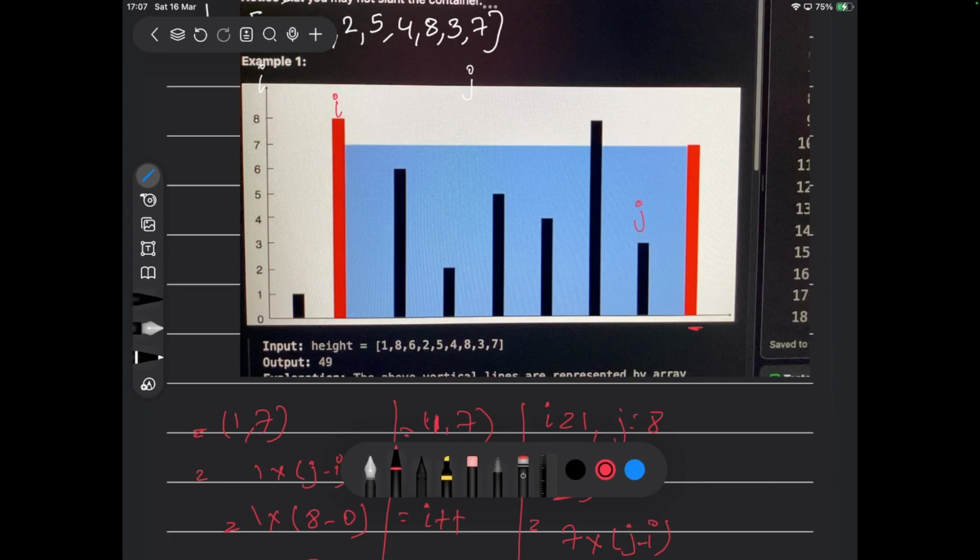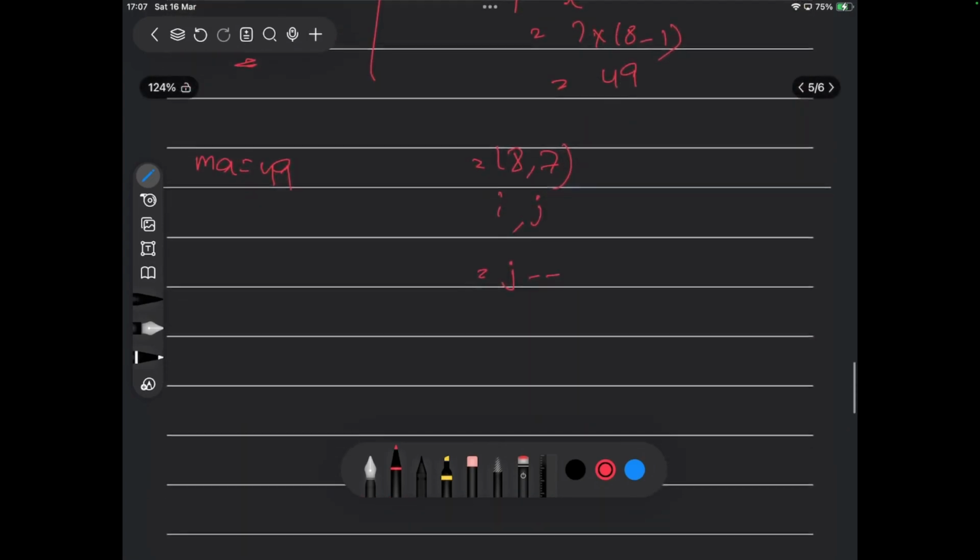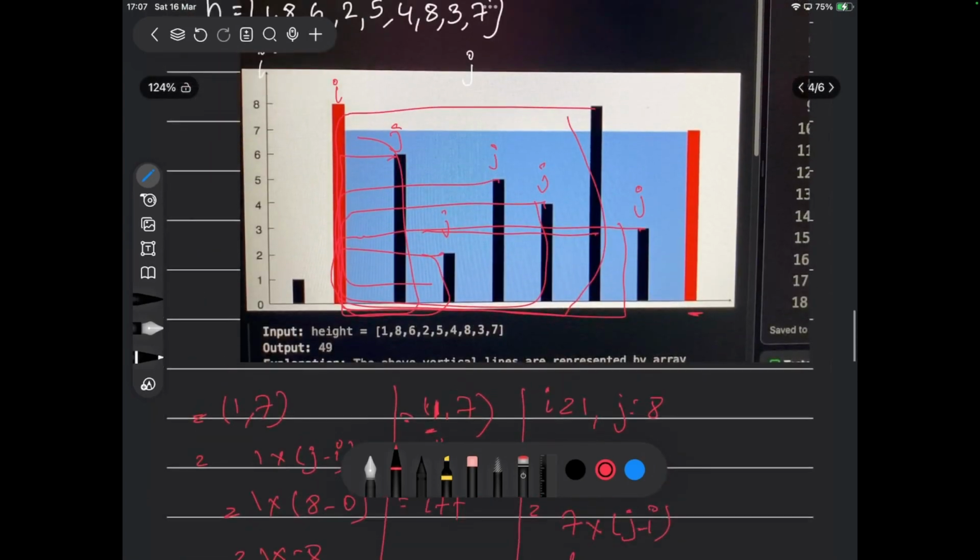The same approach, you are going to calculate the area of this part. Similarly, j will be decremented to here. You are going to calculate this area. Similarly, j will be here, you calculate this area. j will be here, this area. j will be here, this area. So even after doing all the iterations, you will still have 49 as the maximum value, because this is